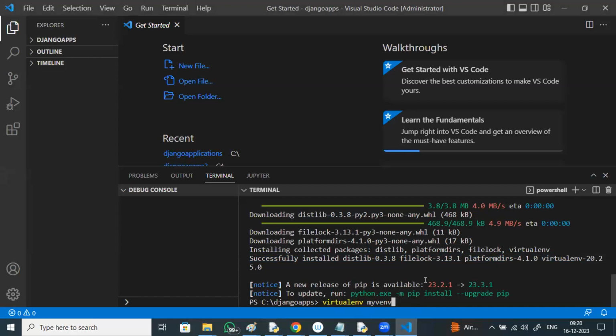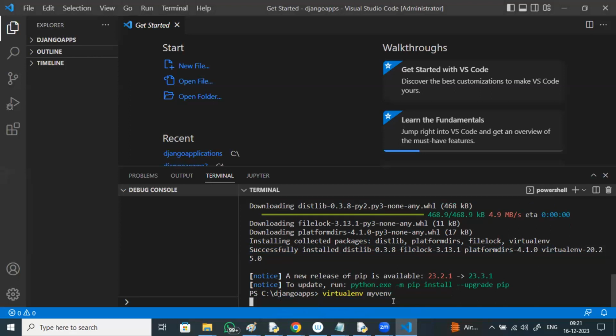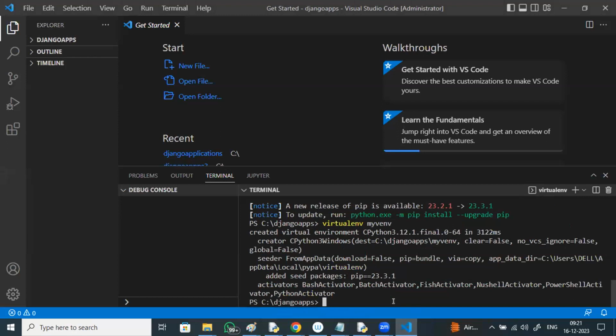I'm giving this in the Django apps folder. My virtual environment has to be created. So here created virtual environment, it will say.